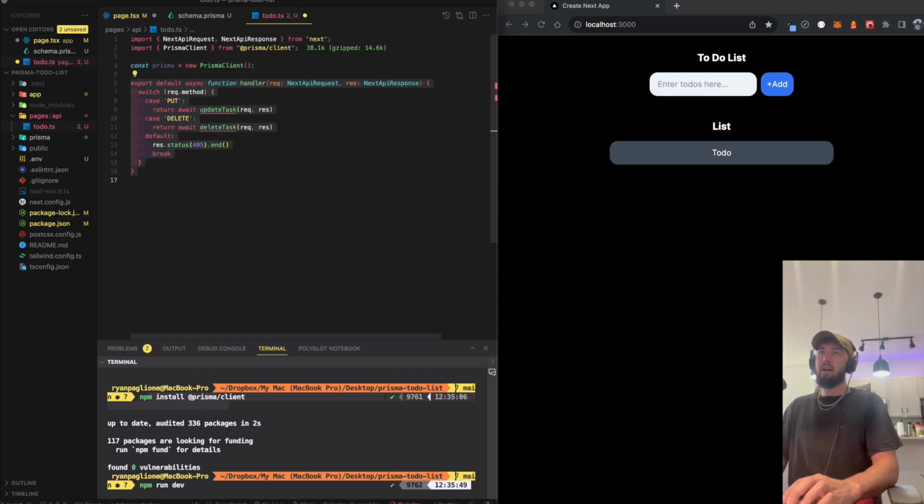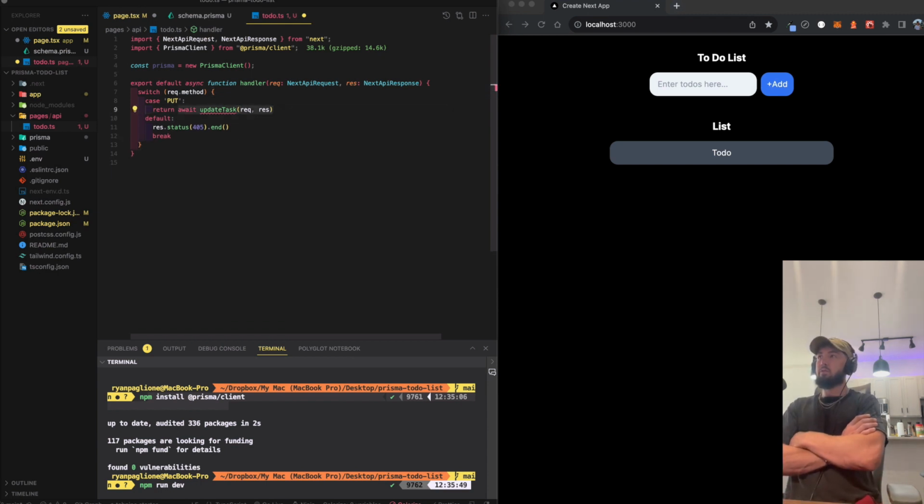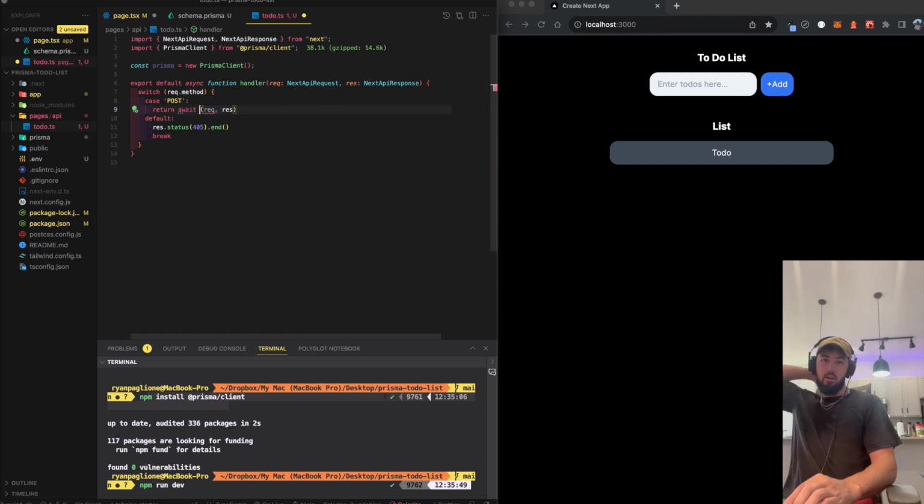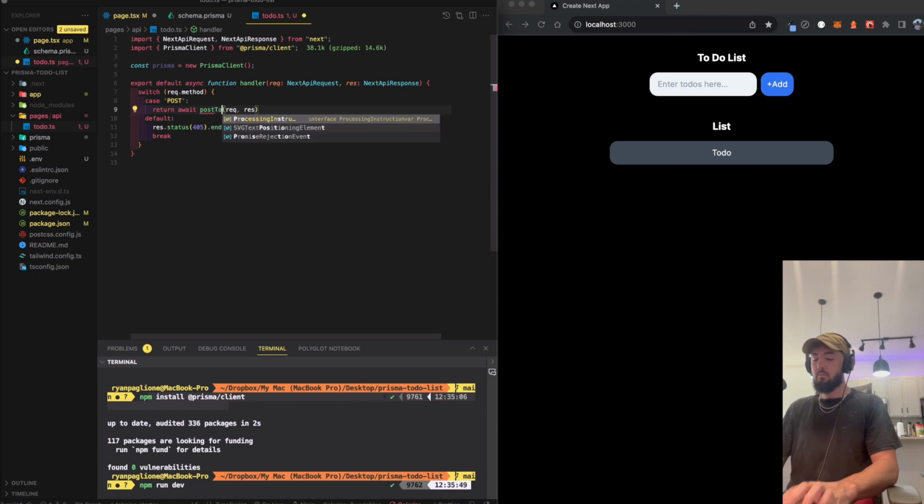Then we want our handler, and this handler, let's delete all these things, is just going to deal with whatever request method we're doing. So if we're doing a post, when we click add to-do, that's going to be a post request. So we want to change this from put to post, and we want to build a function that's going to reflect that. So instead of update tasks, again, we just pulled it in